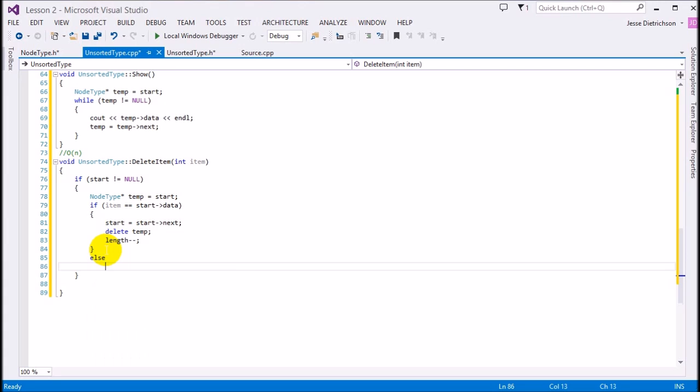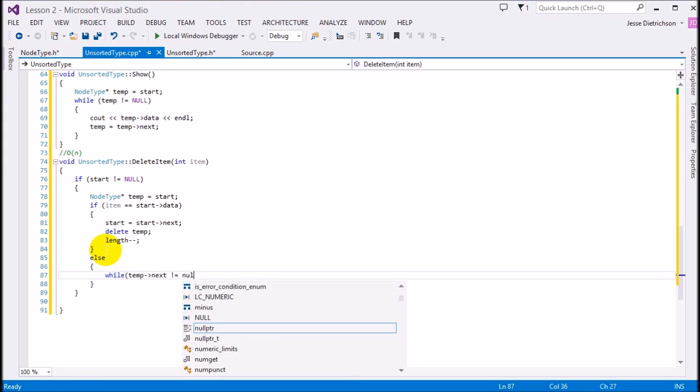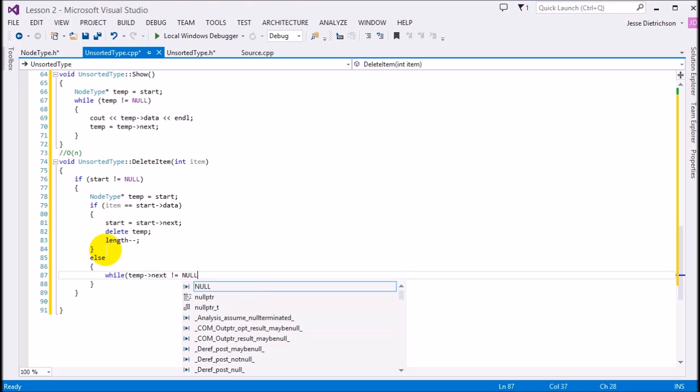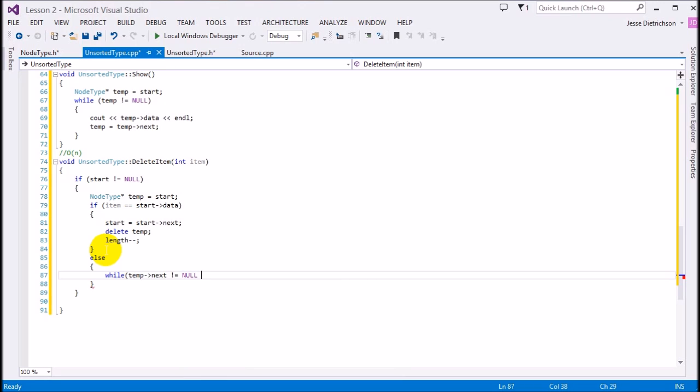So let's say else. If it's not the first node, then what are we going to do? The first thing we need to do is set up a loop, because we have to go through each one, check and find the target. So we'll say while temp.next is not equal to null, meaning that the next one is not null, so we can check it,